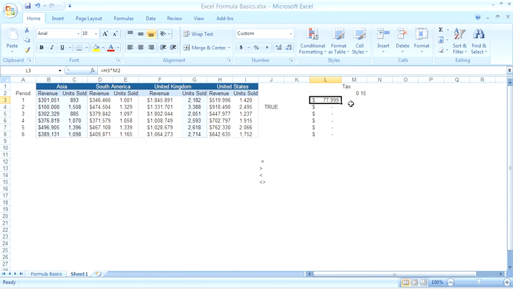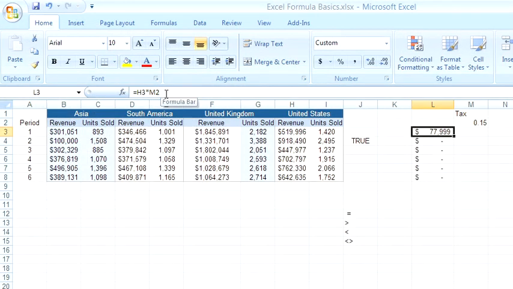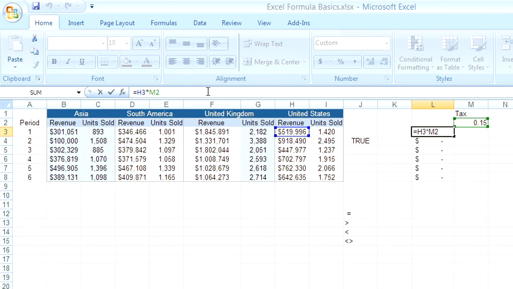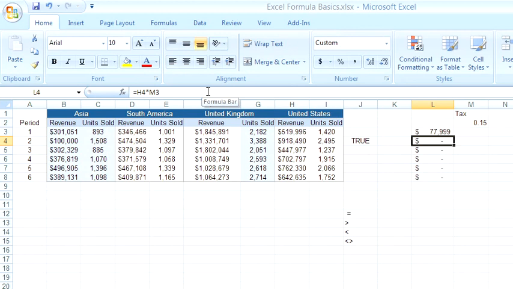In essence, it means I need to tell Excel not to move the reference for M2 down one row. Now I can do that by simply typing in a $ in front of the number 2. Why the number 2? Because the number 2 represents the row 2. And I need that cell or that reference to be locked at row 2. So instead of typing in H3 times M2, I'll adjust this formula to be an absolute reference. I'm going to go to the formula bar. And in the formula bar, I'm going to place a $ there and press enter. Now, I have an absolute reference, M2, with the row being absolute. Now if I copy this and paste it down,